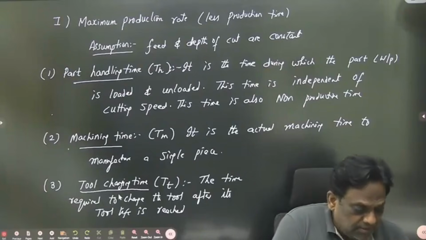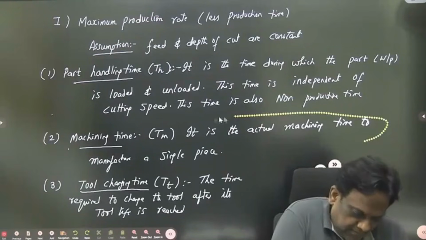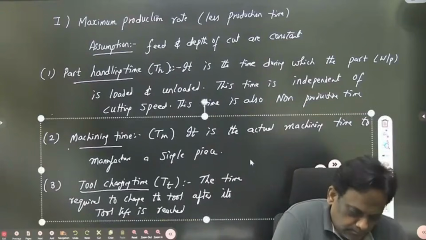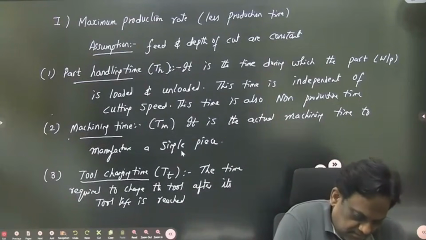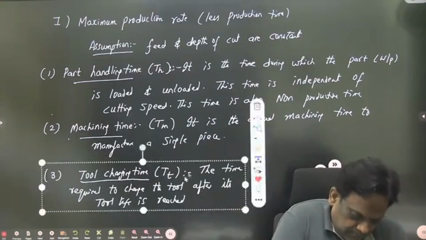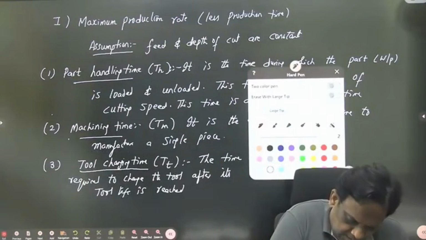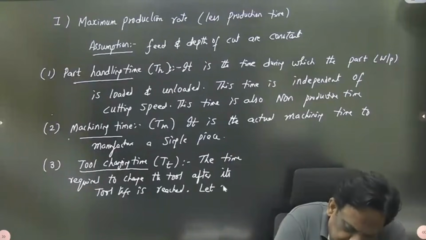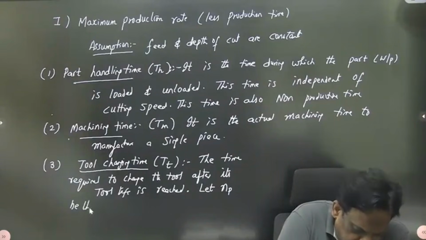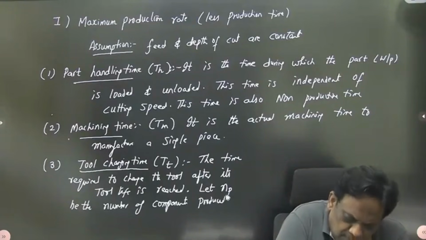Look, here I will write a golden sentence. How do I write it, sir? One second. I'll try my level best. I will write it here clearly so that the notes are also correct. Look, let NP be the number of components or parts produced before